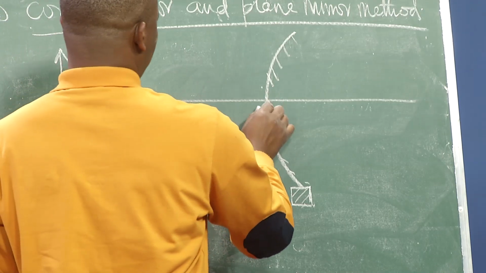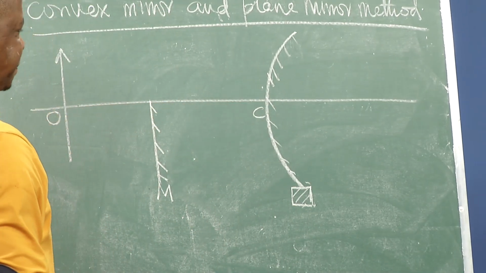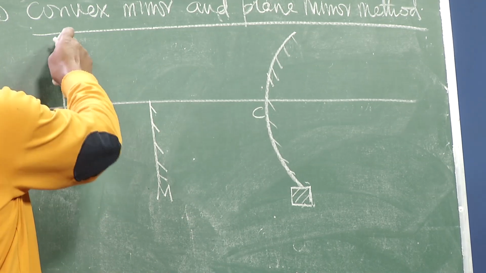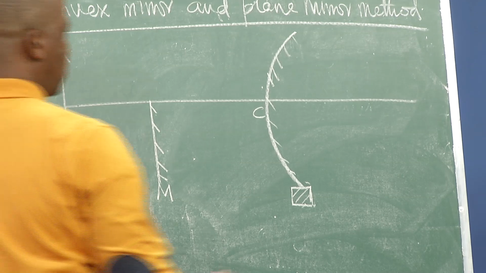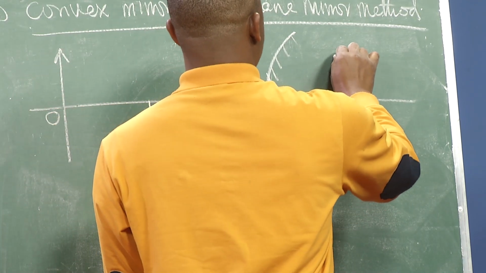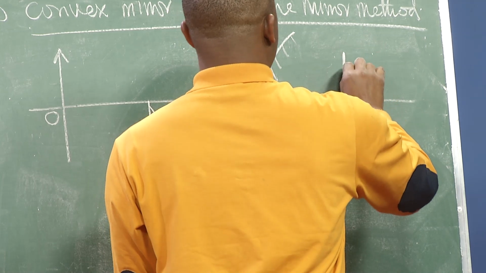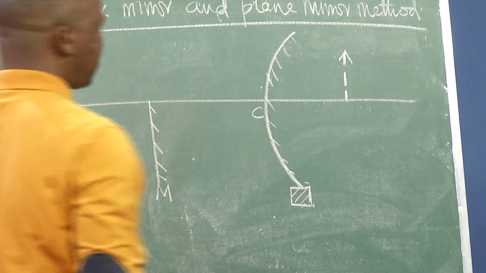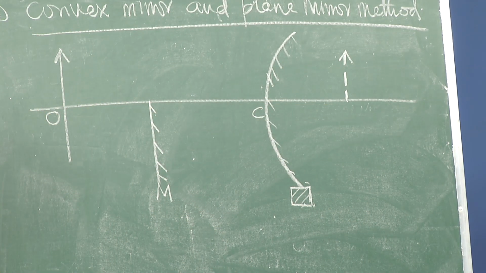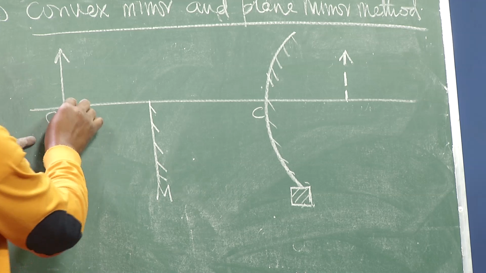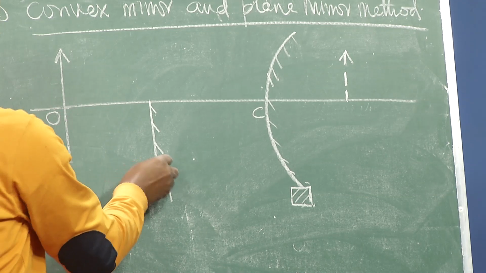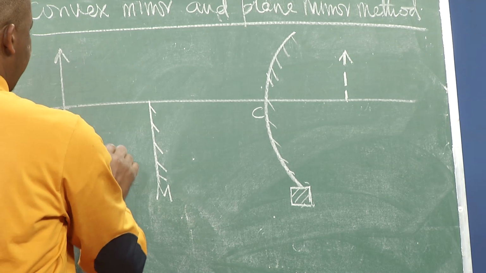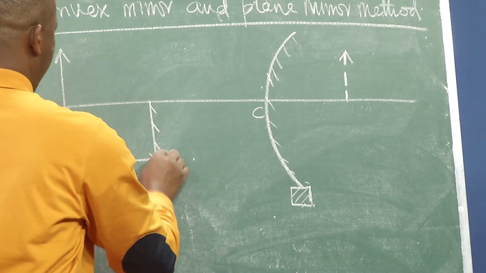And I will call this our convex mirror. This object, through this mirror, will form a virtual image, which we can put like that. By default, all of you know that convex mirrors form virtual images. But this part of the object that is in front of this mirror, if I let it be at a distance y away from the mirror,